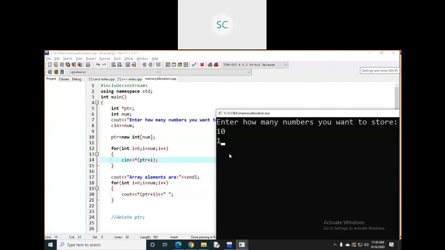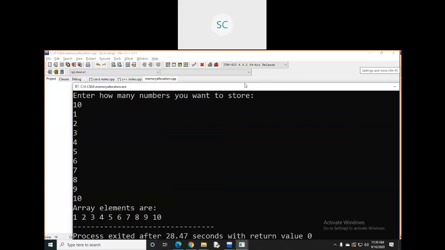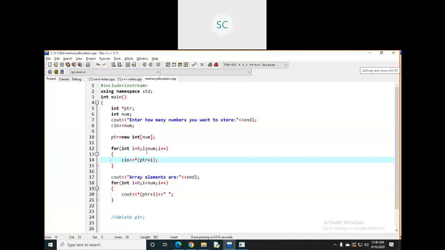Now in this case you can store 10 values. Let's see, this is the 10th value, right? Now you can see the array elements are 1, 2, 3, 4 up to 10. See, in this way you can allocate the memory for arrays at the time of running your code.